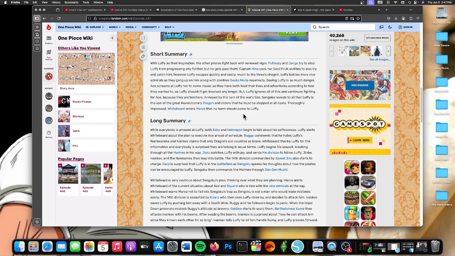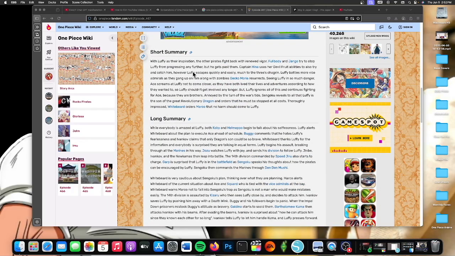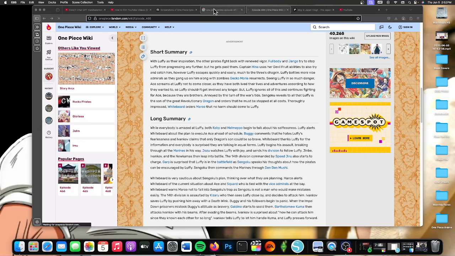So here we have, I am in the middle of Marineford, or Marineford just started. And so I'm on 467, and this is a quick synopsis of what happens in 467. And so now I have read the quick little synopsis here, and basically Luffy has finally entered Marineford, and he's going after Ace to save his brother, and we have a whole lot of shenanigans going on. But Luffy and his band of pirates from Impel Down are finally there, and so I'm just going to look for